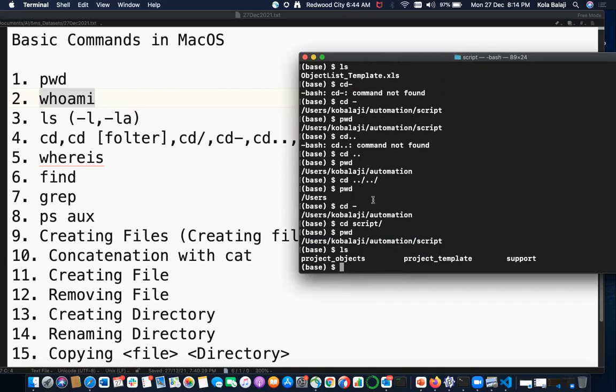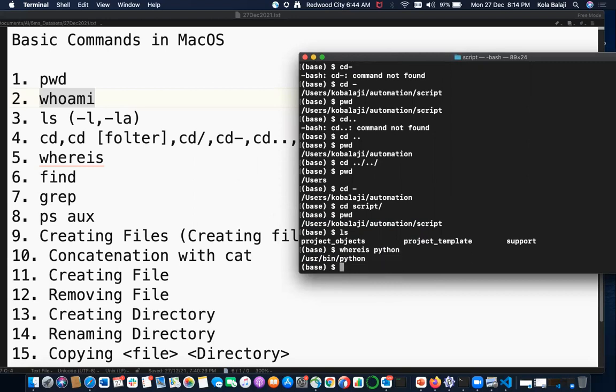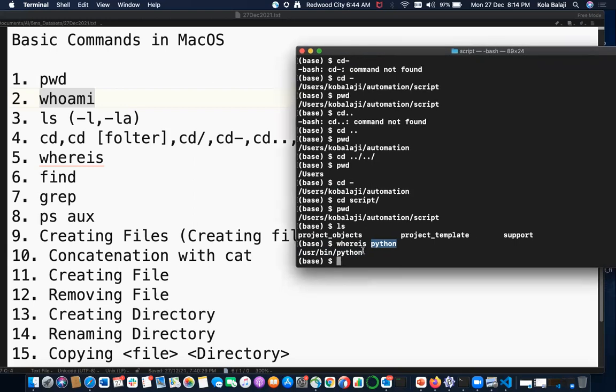In the same way, suppose you want to find out where software is installed on your macOS, we can use this simple command, which. Assume I want to find out where Python is installed. I can see the Python path where it is installed. It's a very useful command when you want to export this particular Python in your working directory, or you want to execute it and need to know where Python exists. This is a way we can use various commands to find out the path of an installed application.